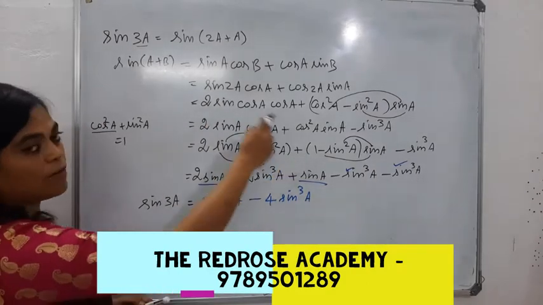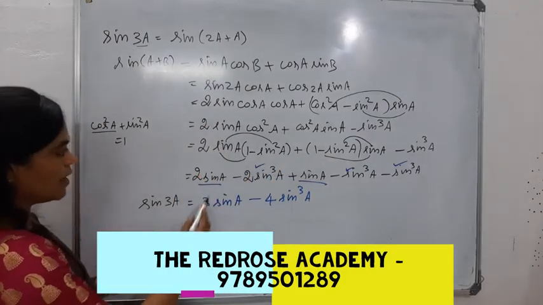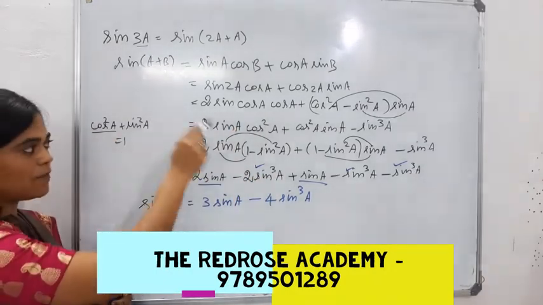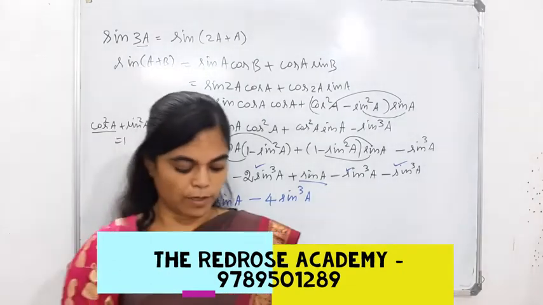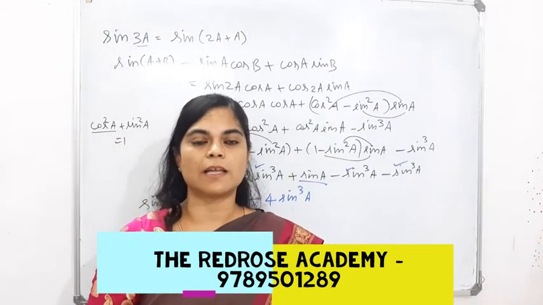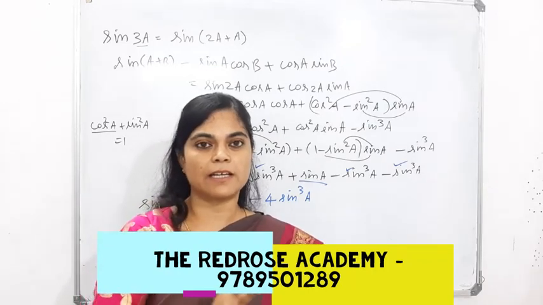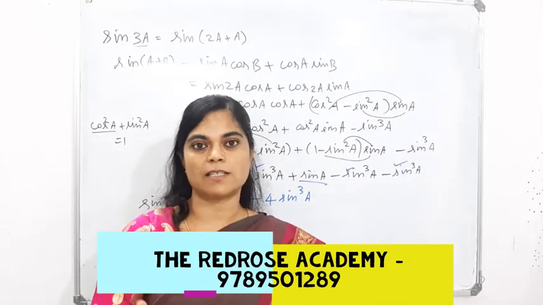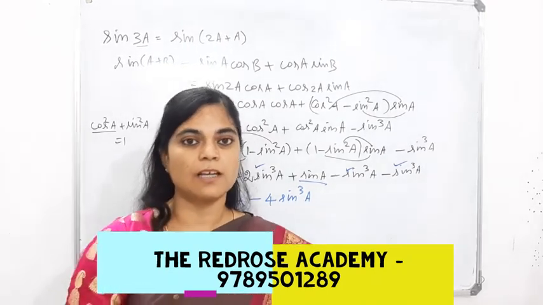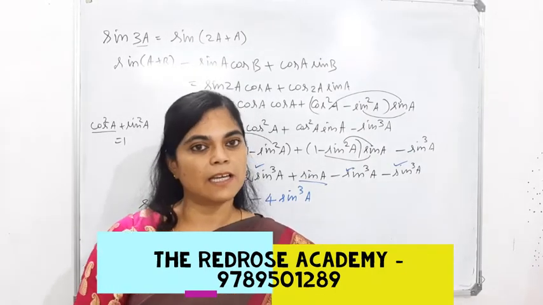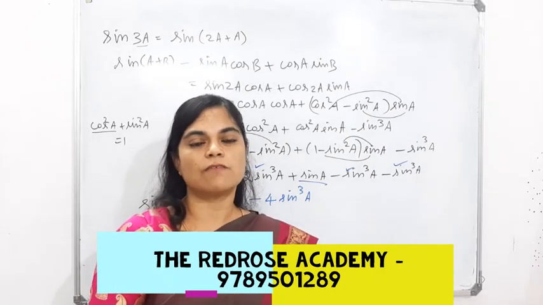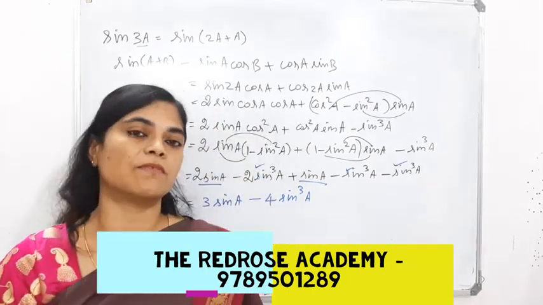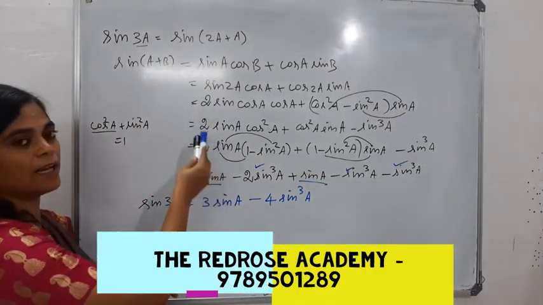So this is the way you have to derive. For cos 3A, you have to eliminate all the sin by converting to cos using the same identity. The same way you can derive all the 3A formulas. Likewise, the multiples of angles can be derived from the same basic formulas like cos A plus B, sin A plus B. From cos A plus B we can derive sin A plus B. From cos and sin we can derive tan A plus B. The same way we can derive cos 2A, sin 2A and tan 2A, cos in terms of tan, sin in terms of tan, and cos 3A and sin 3A, everything.